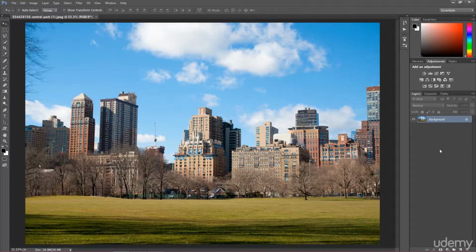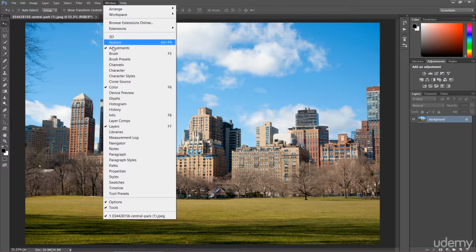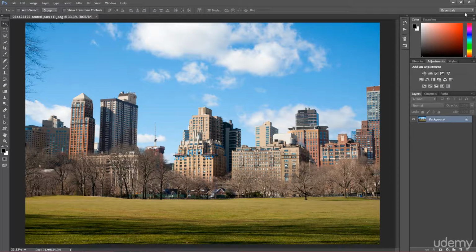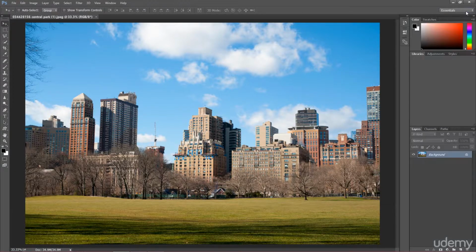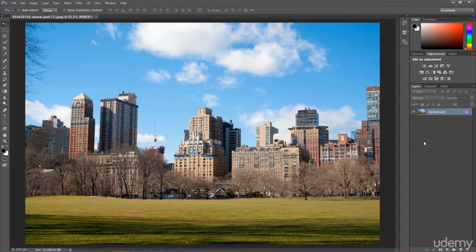If you cannot see the Layers panel, just go to Window and find Layers, and you're going to open it, or you can open this window over here and choose Reset Essentials, and everything will be as it was from the beginning.